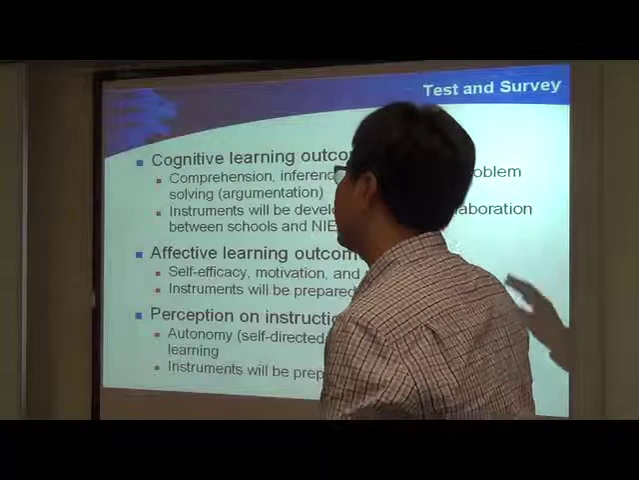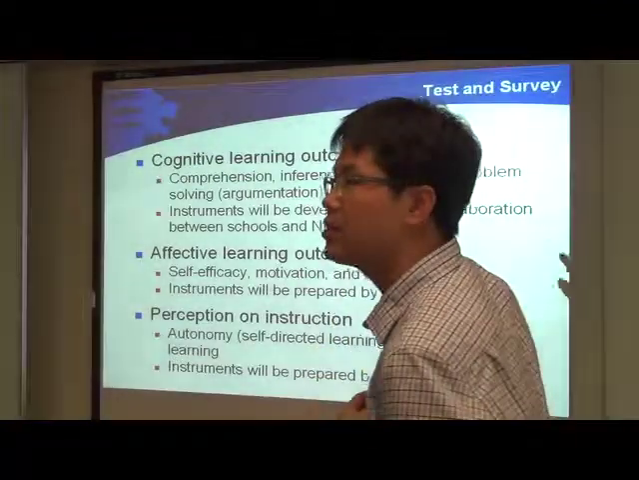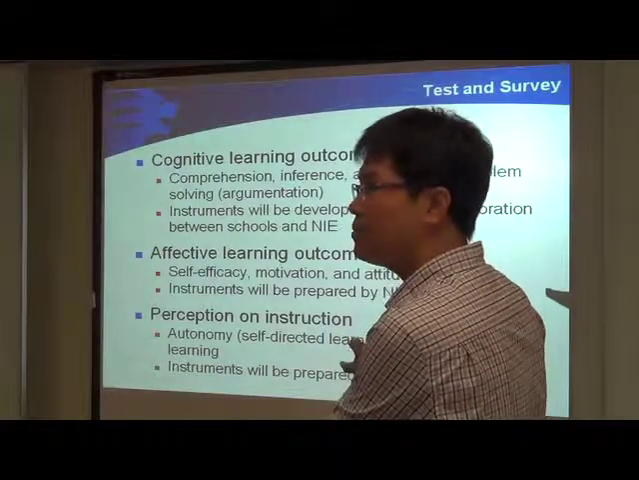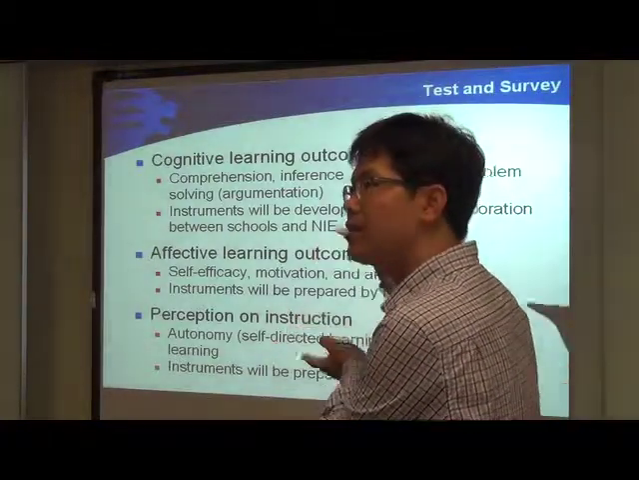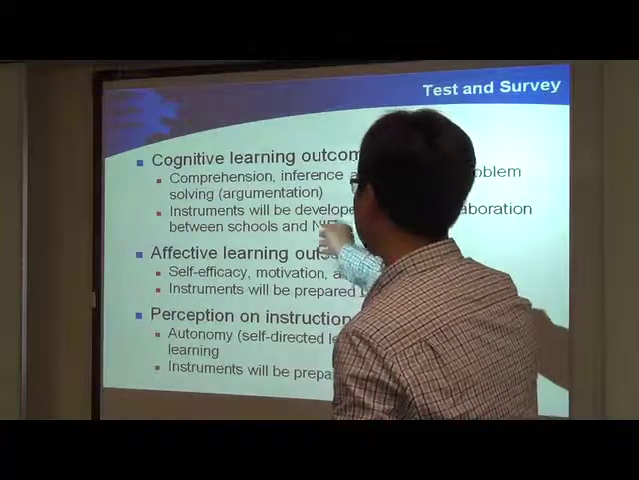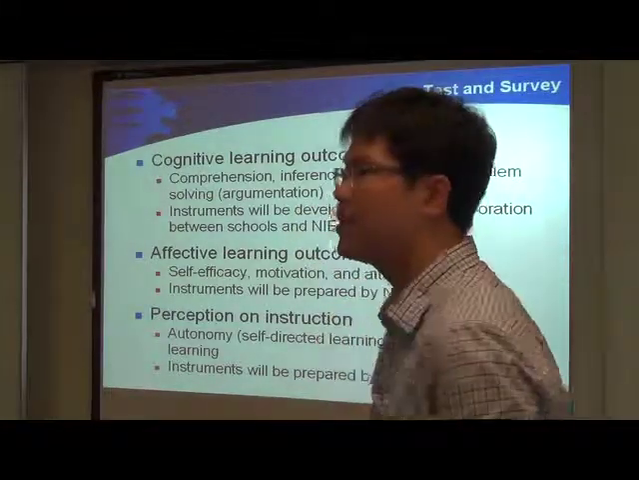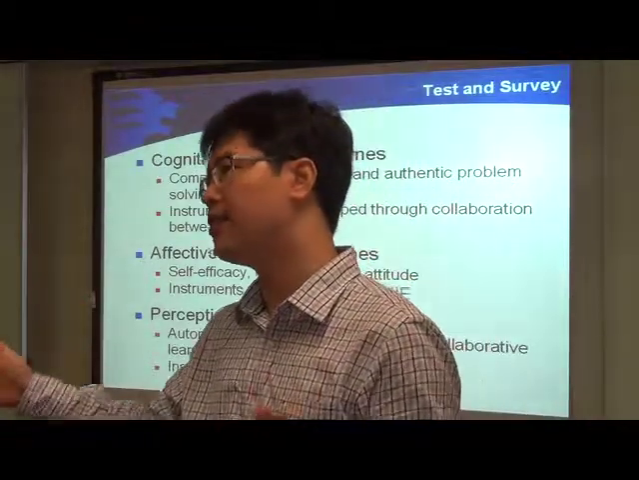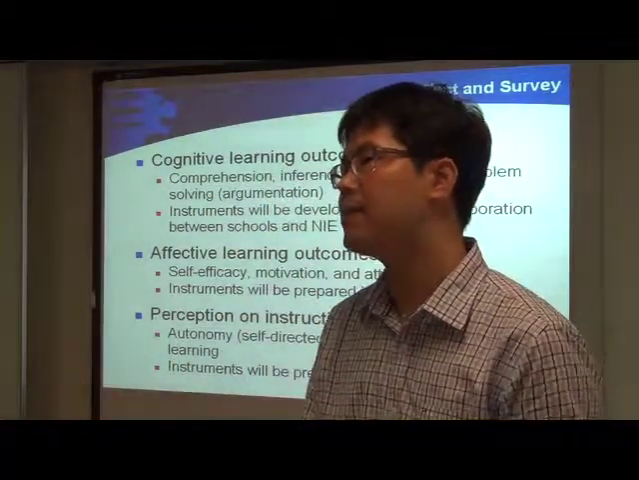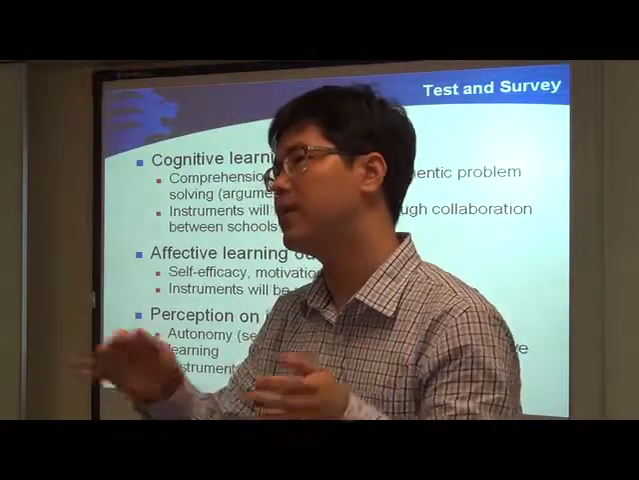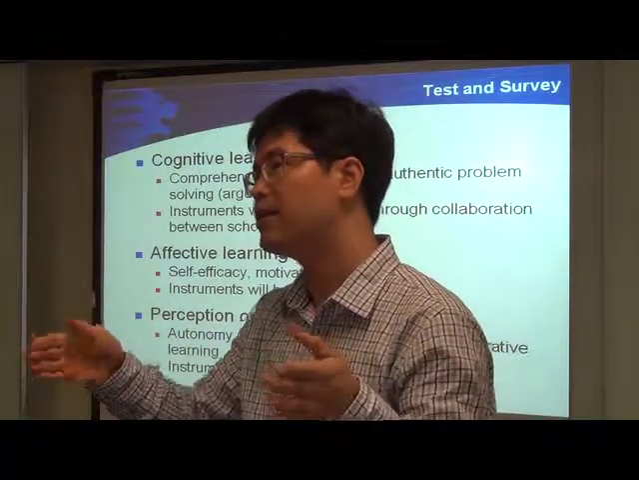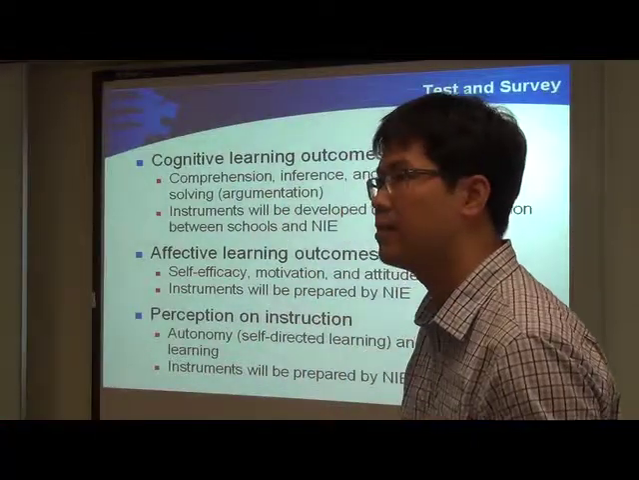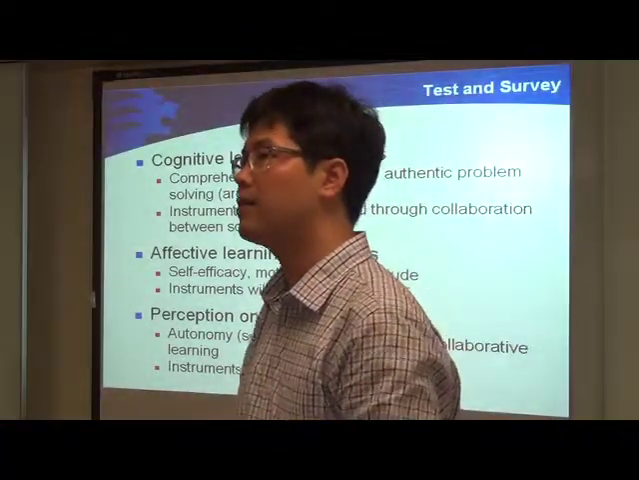So there are 3 kinds of test or survey. The first one is cognitive learning outcomes, which includes content knowledge. Actually, the first 2 are comprehension and inference. These 2 are related to content knowledge. Comprehension is a lower level and inference is a higher level, requiring higher order thinking. So they are based on contents. So comprehension is like